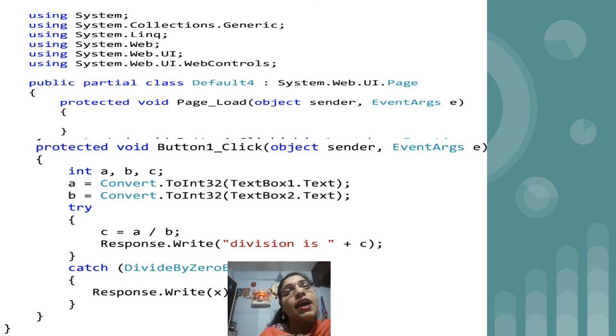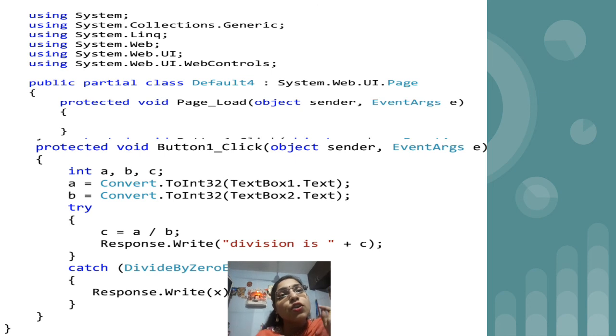So this particular line I have added in the try block because I feel that this line will definitely create the exception. And then there is one more line, that is Response.Write("Division is " + c). This line also I have added in the try block because this print statement is totally related to c. If we display this statement after the catch block, then this statement is going to get executed, but there will not be any value of c, or it can take any garbage value of c. This is the reason why I have added this Response.Write inside the try block only.